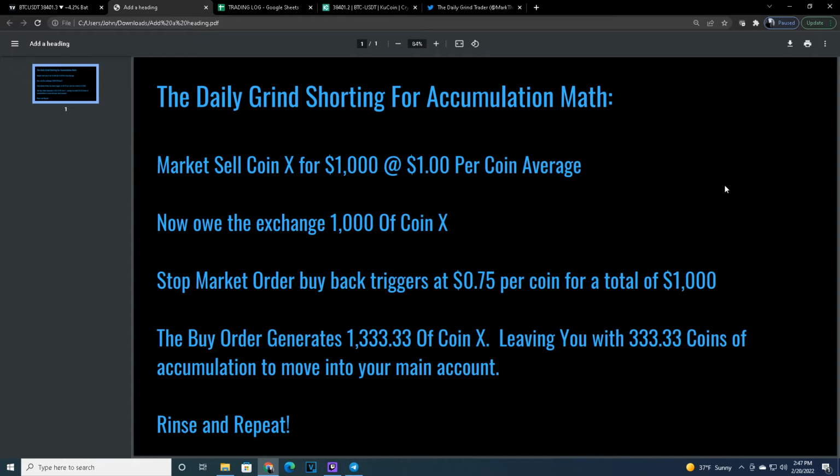Now remember, you got $1,000 from the exchange and exchanged it for 1,000 coins. Now your buy order at 75 cents with a total of $1,000 generated 1,333.33 of coin X, leaving you with 333.33 coins of accumulation to move into your main account off of your leverage account. The initial 1,000 gets paid back to the exchange. The money is at break even. There's $1,000 in, $1,000 out. The money stays break even. You have 333 additional coins to move into your main account, and you can rinse and repeat